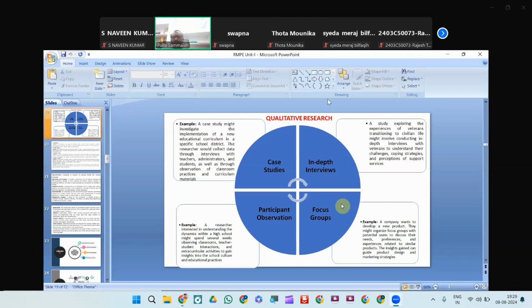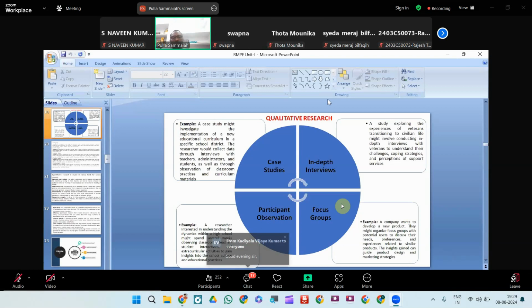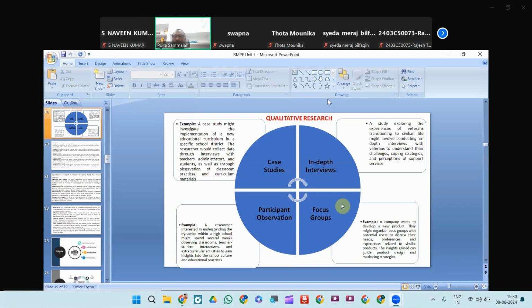That's what qualitative research is: in-depth interviews, focus groups, participant observation, and case studies. I have written very clearly about each process. For example, focus groups. How do you go about it? A company wants to develop a new product. Before releasing the new product into the market, what research do they do? The marketing aspects, cost, advertising,